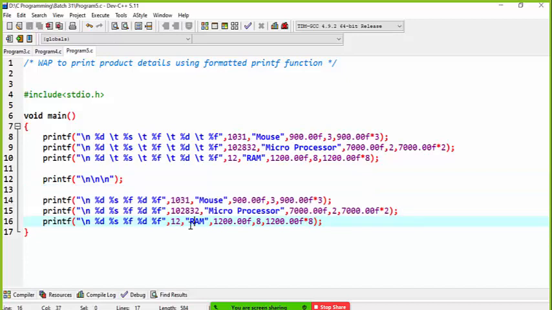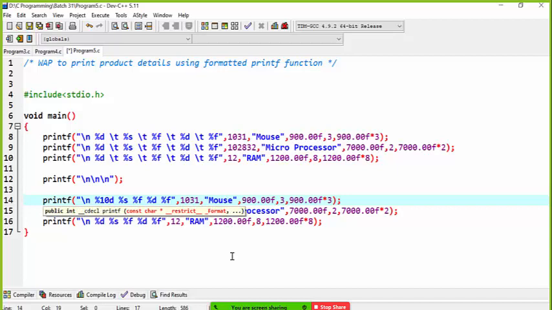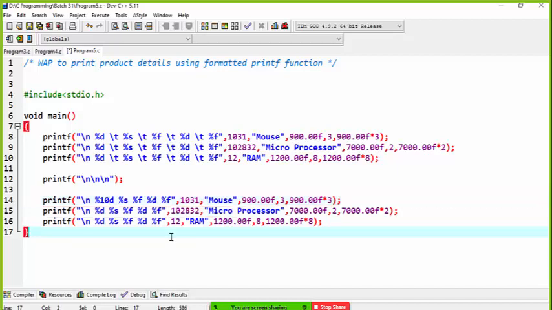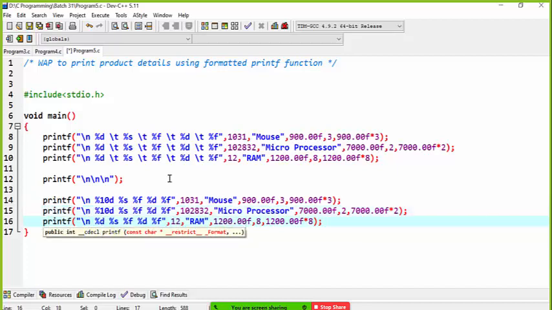So this is again like my previous output, but here you have to add some field width. You can see the maximum number of digits in the product code is 6. So you type something more than 6. I type 10. So you set a width for your product code.